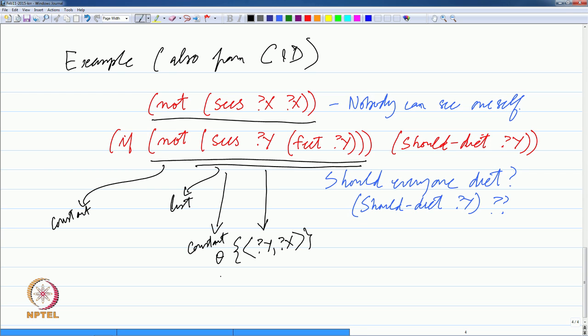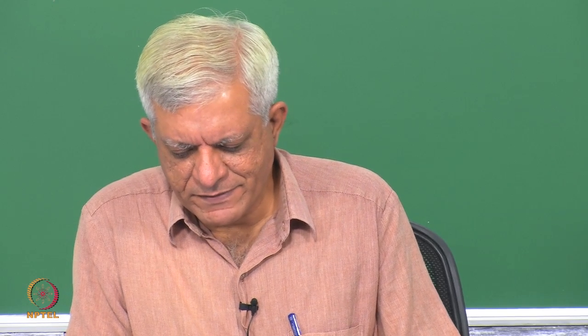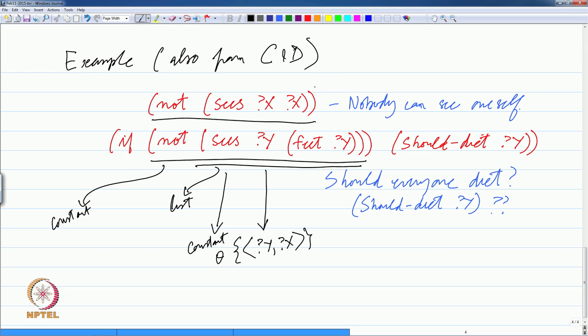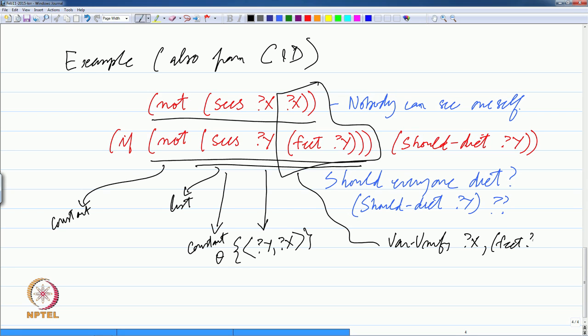If you replace x with y, as an exercise, you should try it out, or y with x, you should try it out, they will work. But the third case is of interest. We are trying to unify x with feet of y with that theta that we have, but x already has a value in theta. So, you will end up calling unify with y with feet of y and the same theta,